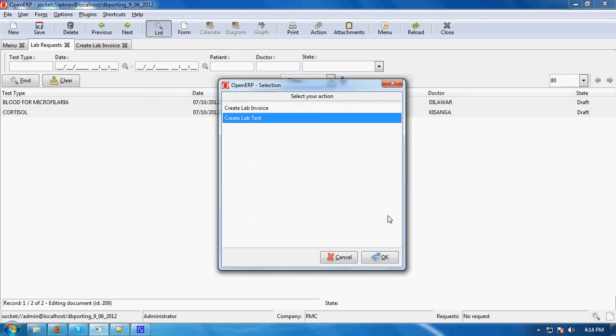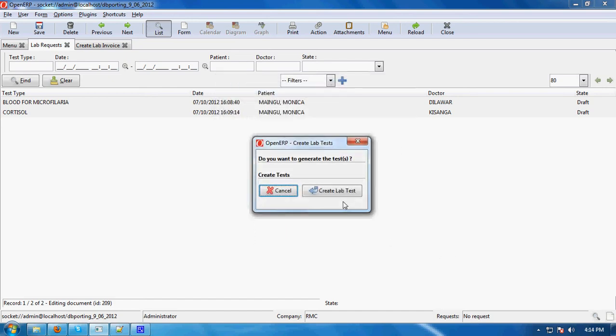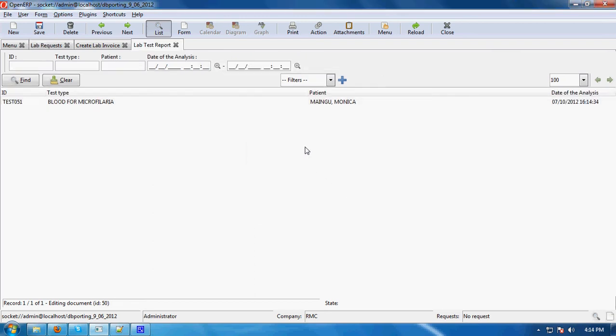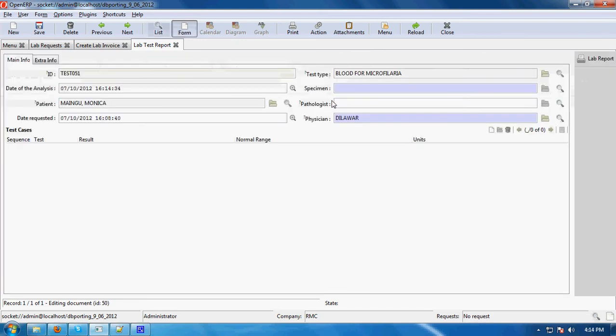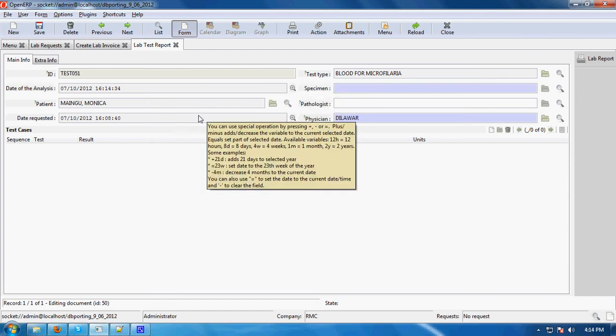When you click on it, it will ask if you want to generate the test, and shows the test name, test type, and the patient name with the date. When you double click on this, it will ask for some information: ID, test type, date of analysis,